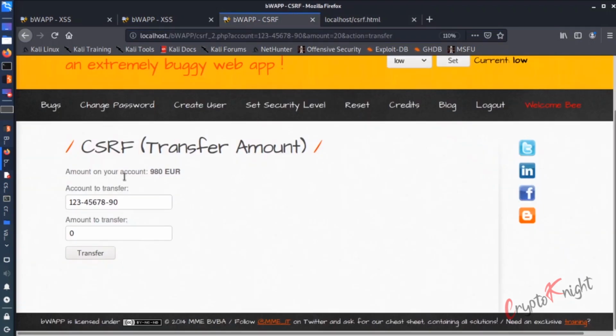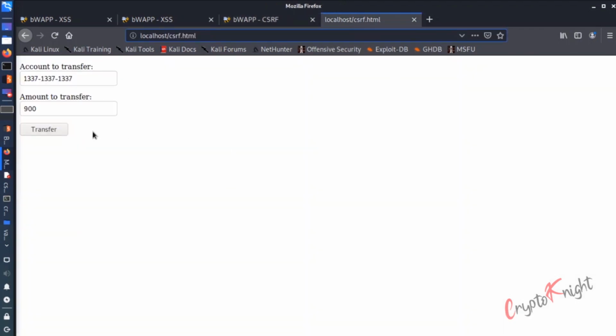Let's say the victim, before making the transaction, visits here and says okay, I will click this button. As soon as he clicks this button, this amount will be deducted from his account and sent to this account. But there will be a question in your mind: why will he click on transfer when he can see that this is being transferred to some other place? He will simply close the tab. So let's craft a better payload.